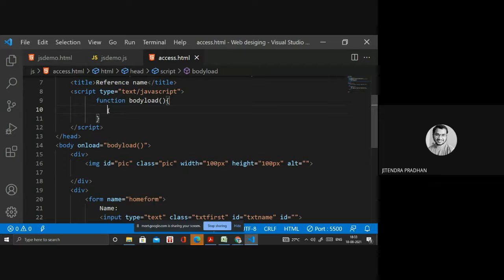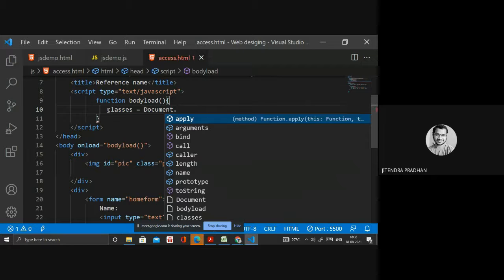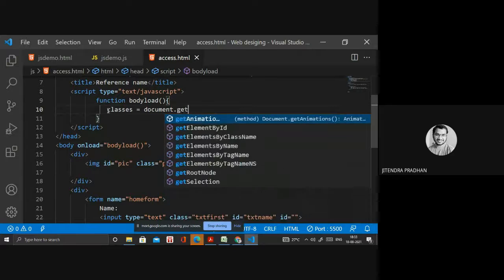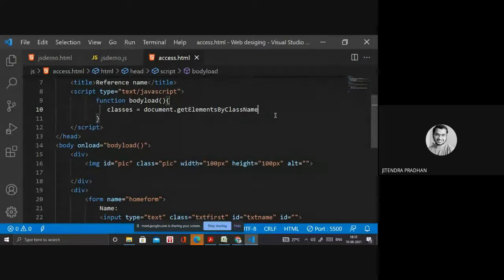So I need to write any of those classes inside. I have to write document dot get element, yes, small letter: document dot getElementsByClassName.